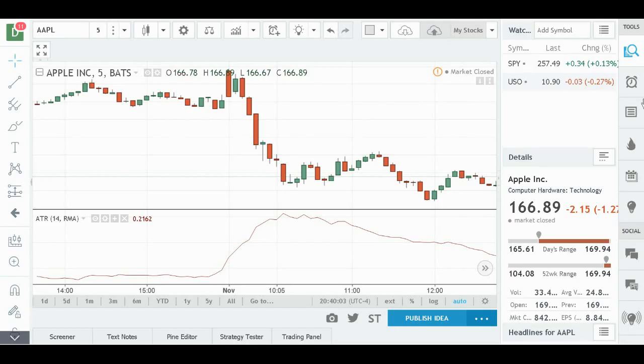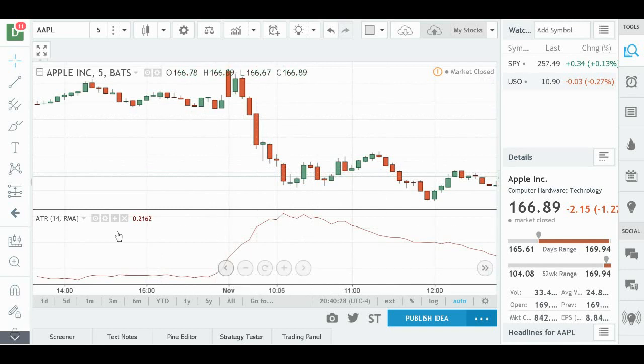You can also use this for day trading, or intraday trading as they call it. This is tradingview.com. This is a good one for many time frames, but I think it's a really good one for day trading. This is Apple, and it is a 5-minute candlestick chart. Each of these candlesticks represents not one day, but only 5 minutes.